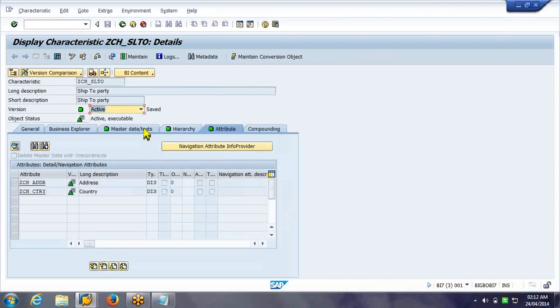In our cube scenario only, we loaded customer's master, the ship to party's master data. So taking that example itself.